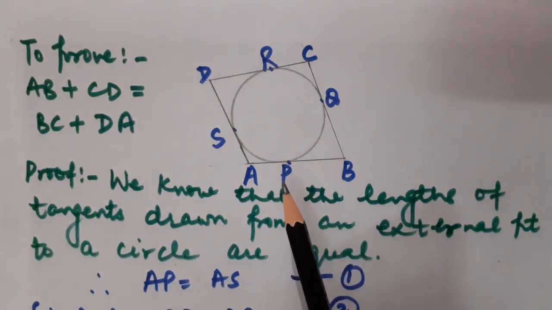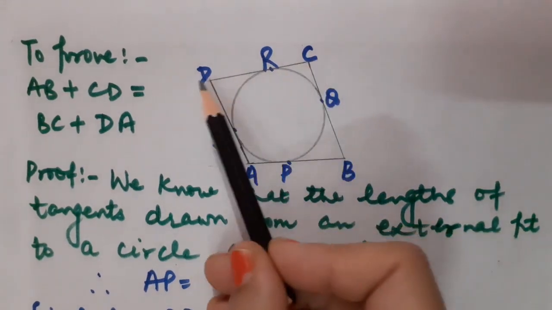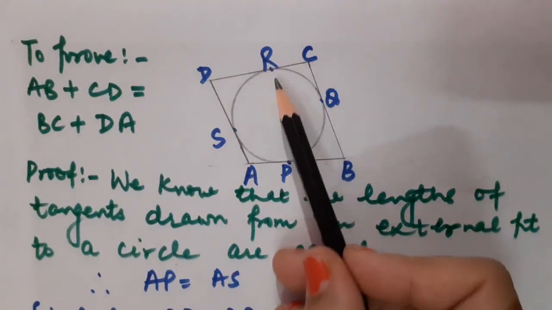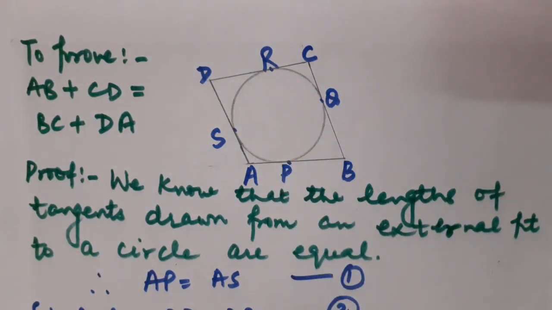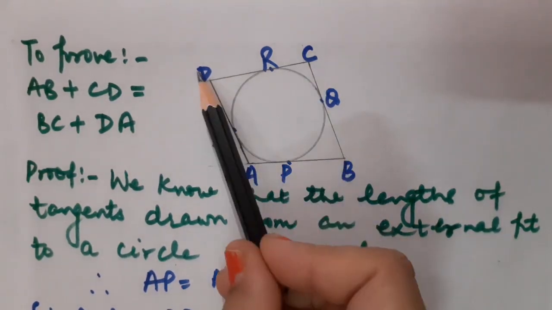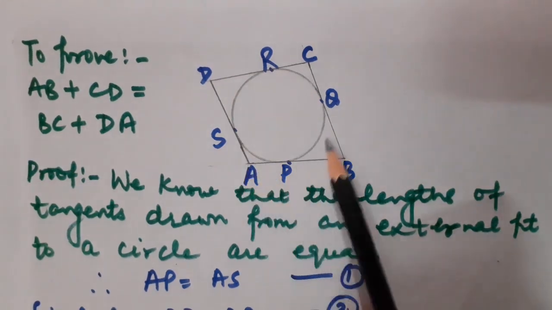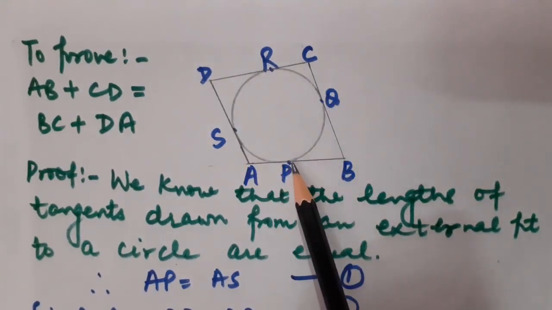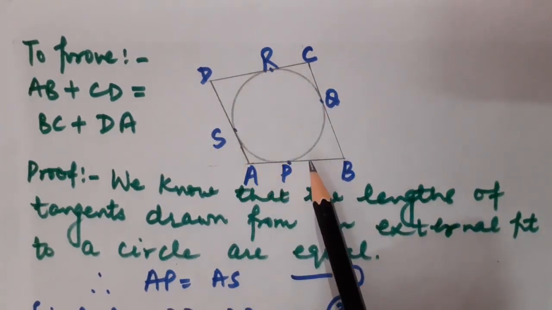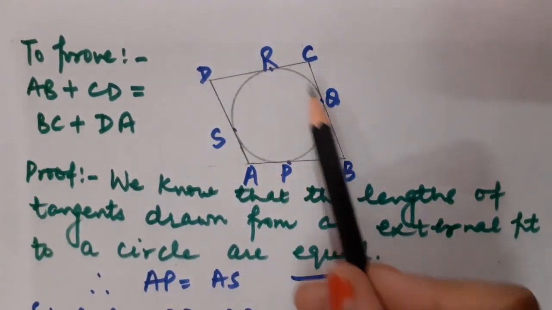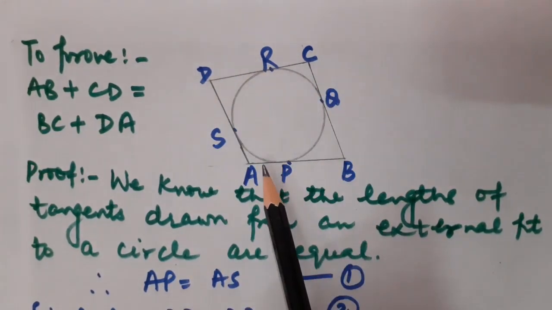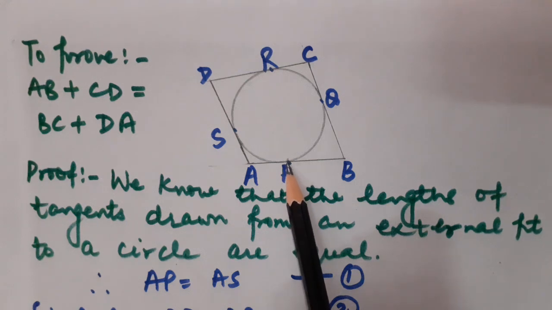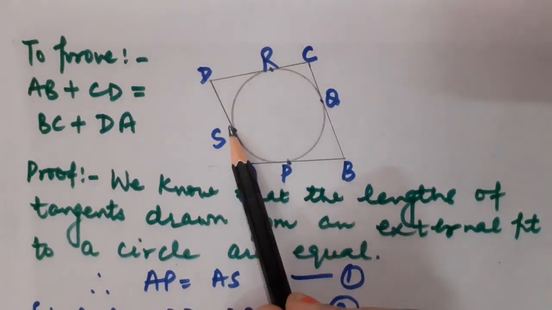Okay, so please understand, a quadrilateral ABCD circumscribing a circle means it is covering the circle. It means the circle is inside the quadrilateral. Correct children? Now the name of the quadrilateral is ABCD. As it is going to circumscribe the circle, definitely they must have some common points, meaning the circle as well as all four sides of the quadrilateral. These points were given in the question. This point is P, this is Q, this is R and this is S.